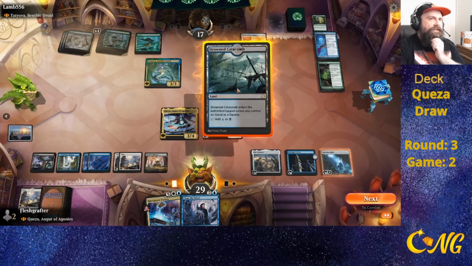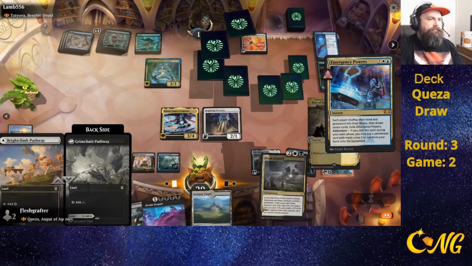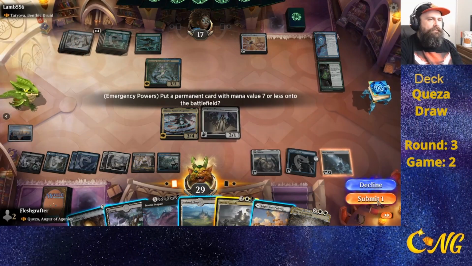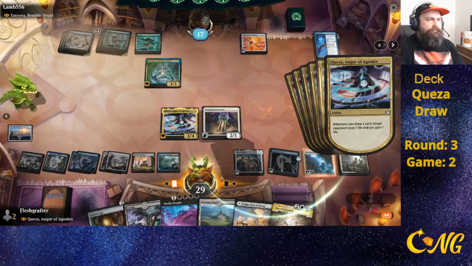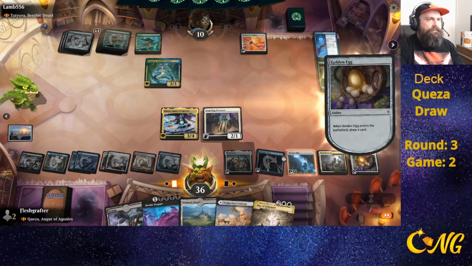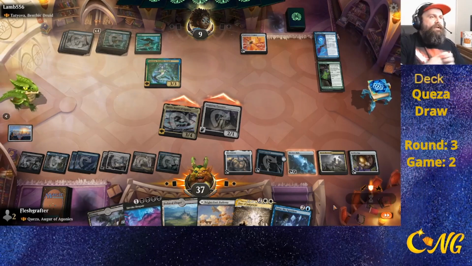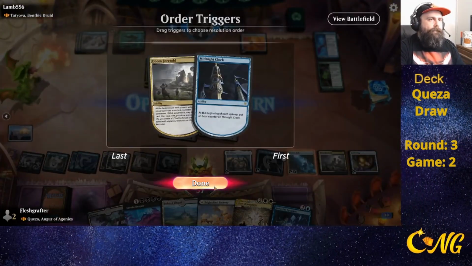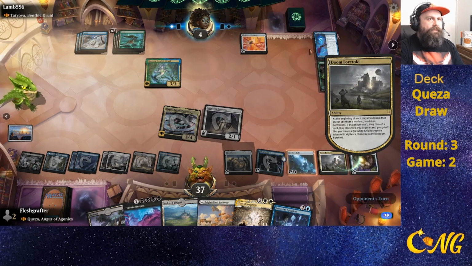I think we'll just go ahead and emergency powers right now. See, something on the board, put this on the board. It's a lot of draw triggers. Bring this to the board. We'll tack in. This brings the opponent down really low. Thanks to Doom Foretold forcing them to sacrifice a card, we'll probably see them maybe give up the...